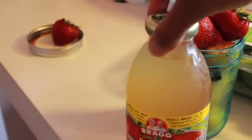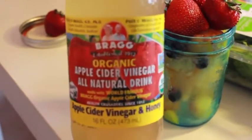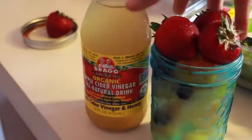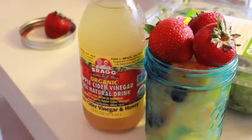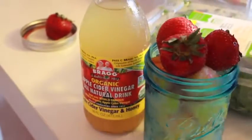And then I also have this, which is just apple cider vinegar, and this one actually has honey in it because it's a drink. So I'm just going to add these 3 ingredients. You don't have to use a fruit mixture, but that's basically all I had. You can just use 1 fruit, you can just use 2 fruits, you can use whatever you want, but this